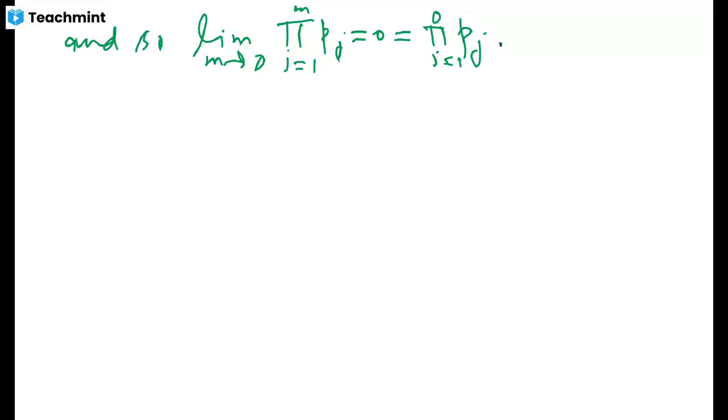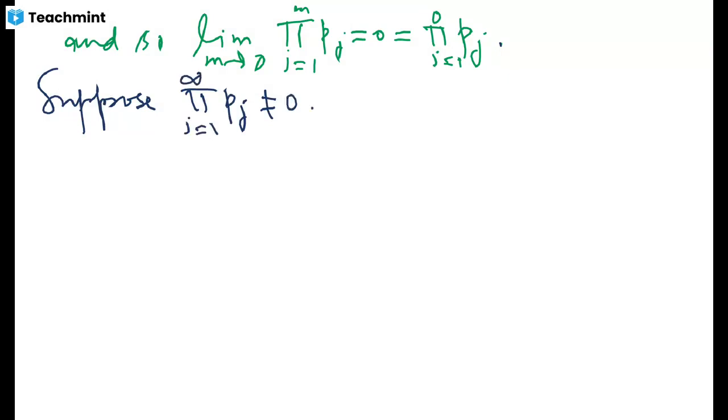So suppose that the value of the product is non-zero, then how do we define its value? Then its value is defined as exponential of,